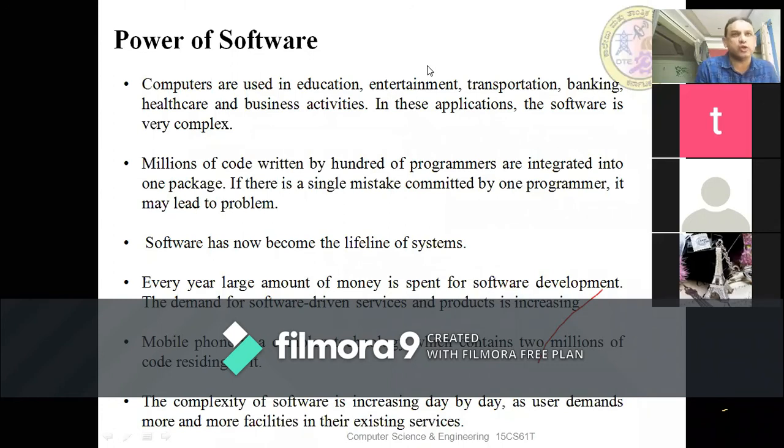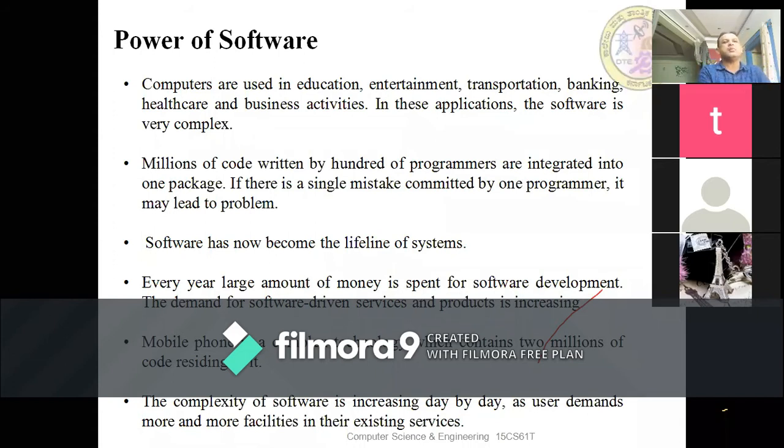There was not a smartphone also, but now your smartphone has replaced your computer, or your desktop, or your laptop. So your smartphone will be doing your entire work. With a smartphone, your mails, your WhatsApp, your Zoom, your Google meeting, we can do all this through a mobile phone. You need not have a desktop or a laptop or a tab. Just a simple smartphone will help you have all these meetings. So this has become a lifeline of the system.